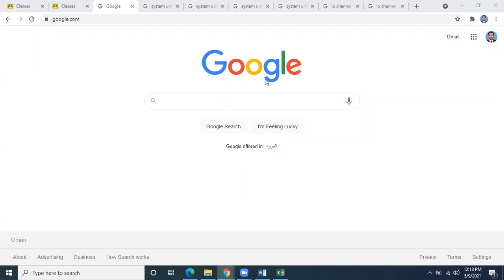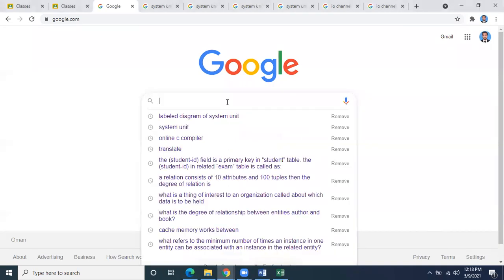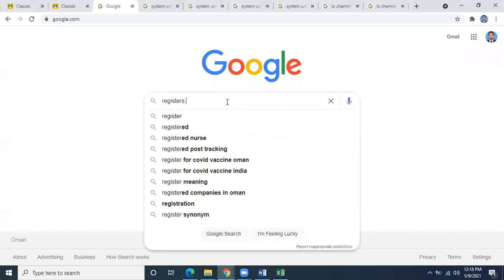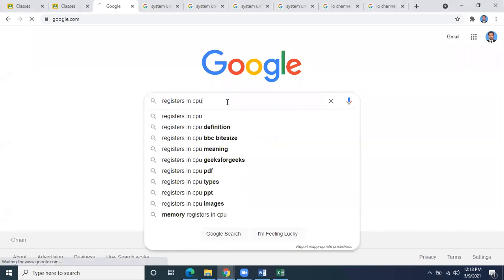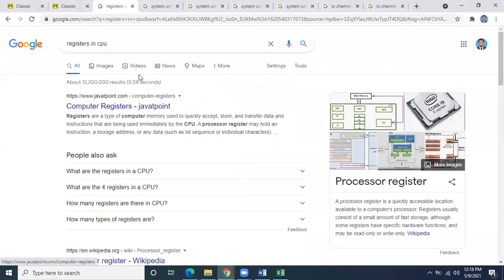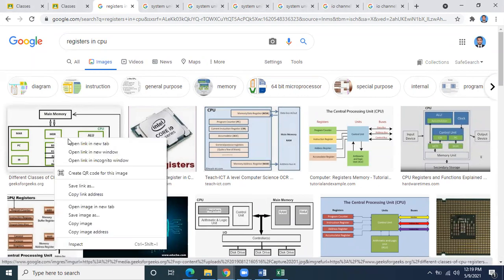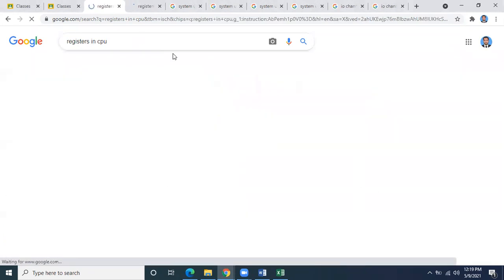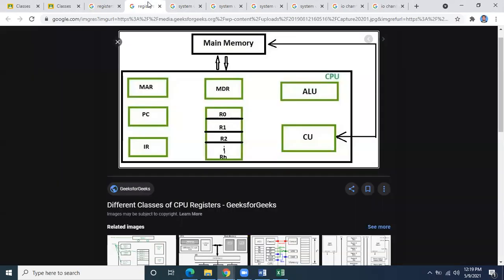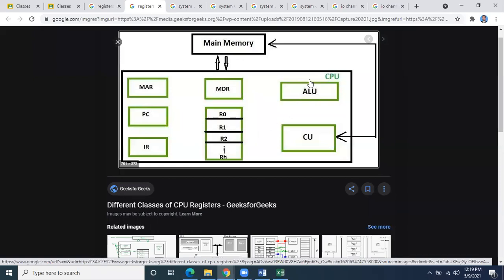Yes. Registers are small areas inside the CPU. Now see this diagram, and you will be able to understand the whole concept. This is the CPU, and the CPU is not alone.